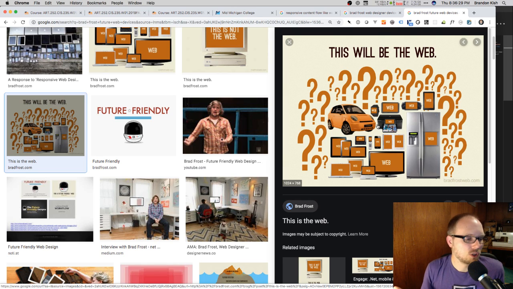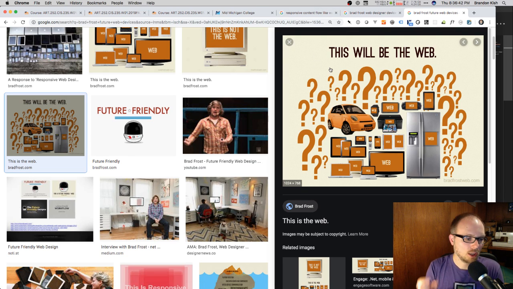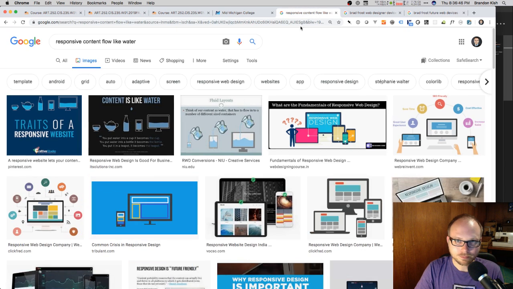That wasn't envisioned at first, and I want to make sure that the content I build today is going to work on devices that haven't even been made yet and on screens that haven't been made yet. So that's the goal of responsive design: try to position your site well to work on a variety of devices. And as you start looking into responsive design, you'll have to do some research of your own.